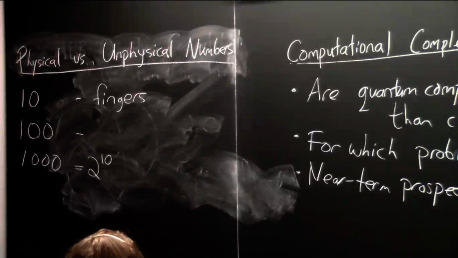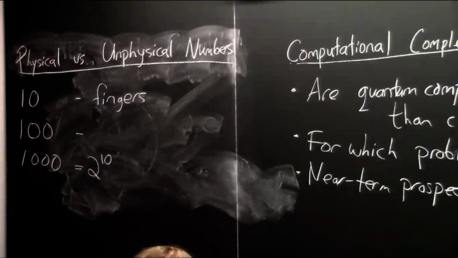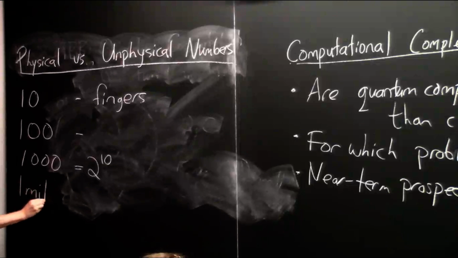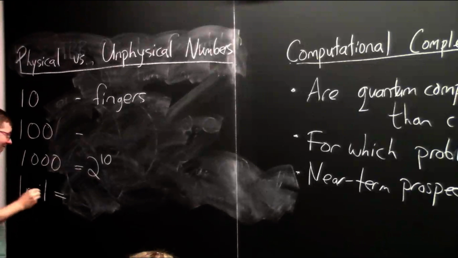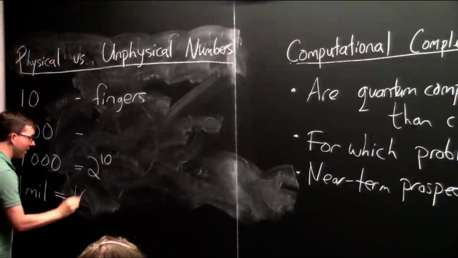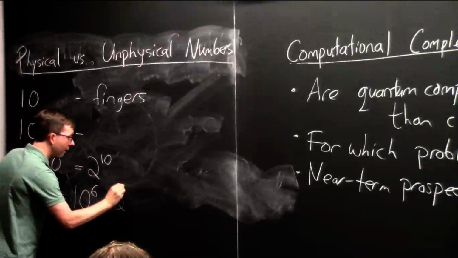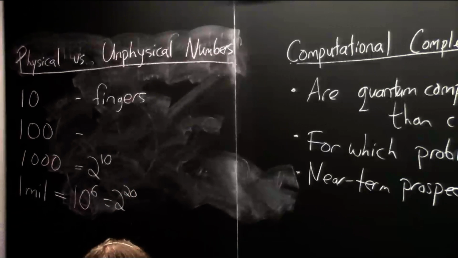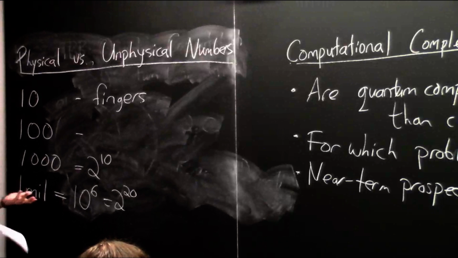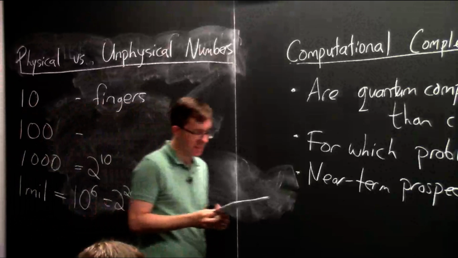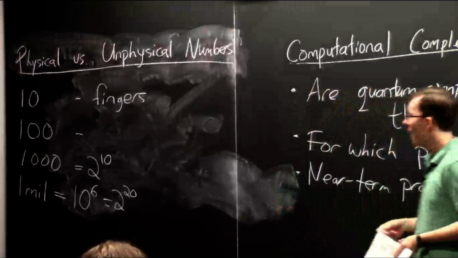Right. Okay, let's step it up a little bit and go to 1 million. Okay, so 1 million is a pretty big number. That's the number of dollars you have in your bank account. Oh, I wish. I could come over to your place. Right, so this is 10 to the 6, or 2 to the 20. It is a physically plausible number, though. I mean, it's a little bit hard to imagine, but not that hard. So, for example, it's the number of people in Pittsburgh, maybe. 1 million seconds is 11.5 days. So that's not that long.